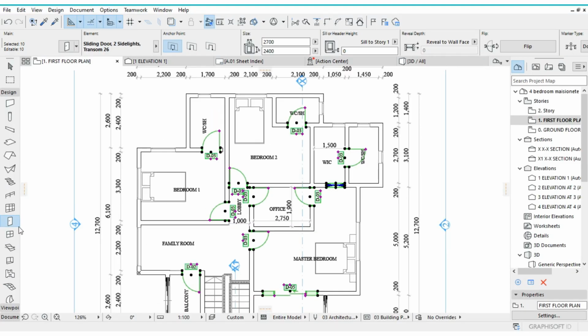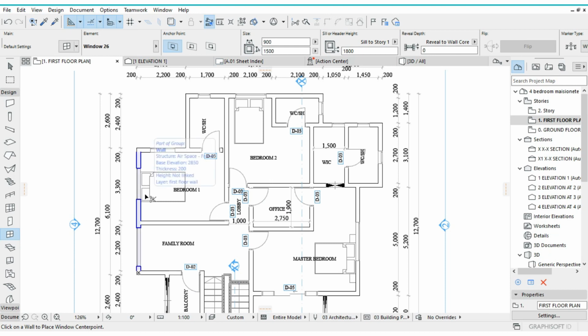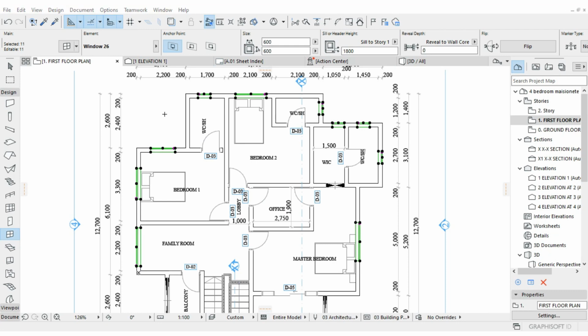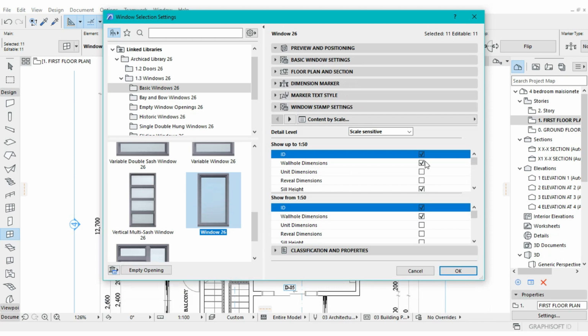So we are also going to do the same thing for the windows. So select the window tool, then press Ctrl A to highlight all the windows, then Ctrl T, just the same procedure. Change from dimension marker, change from no marker to window stamp. Then